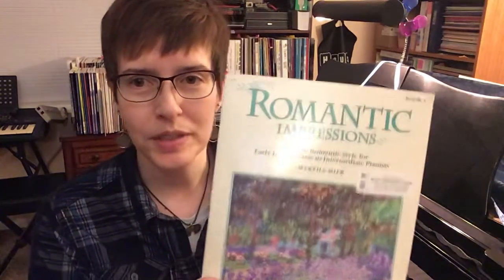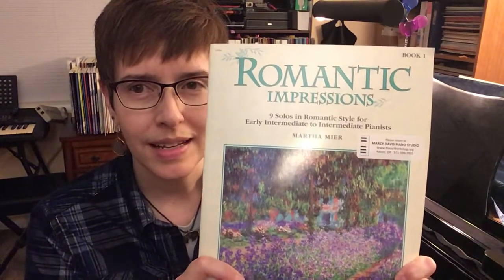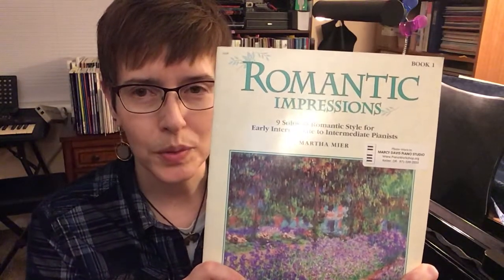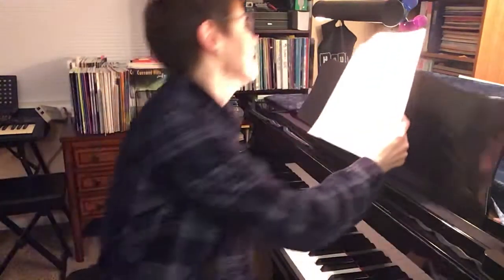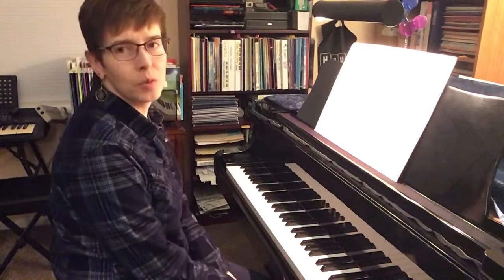And today we're going to look at a book by Martha Mier called Romantic Impressions, and it is for early intermediate to intermediate pianists. We're just going to take a peek inside. I'll give you a little tour. So the first piece here is Morning Glories. It has one sharp,